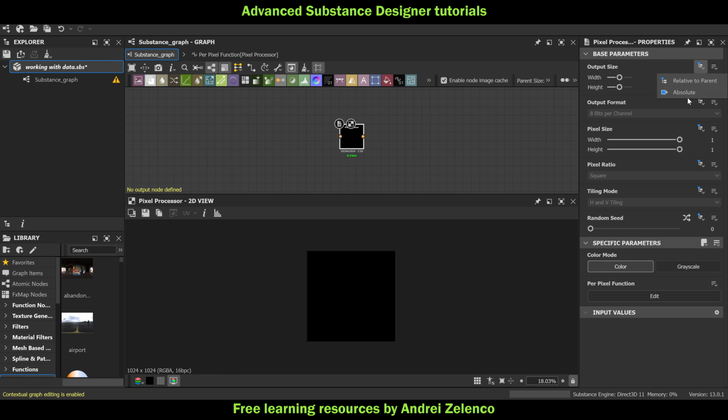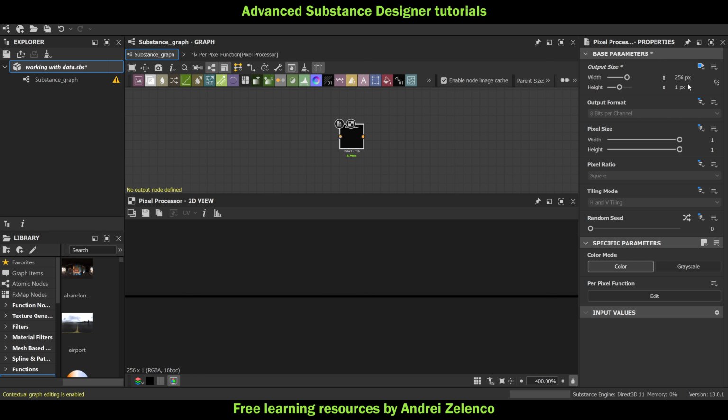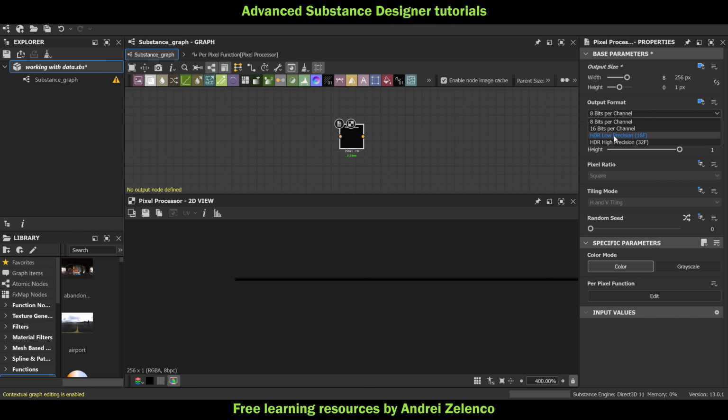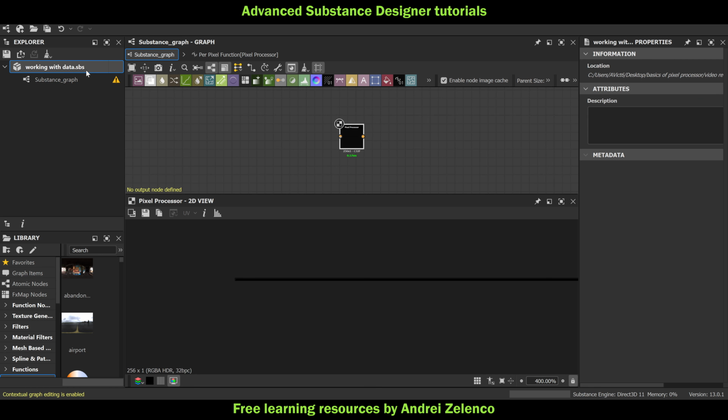Again, resize it into a list of 256 by 1, change the output format to 32 bits. And the reason for using 32 bits is because the other depth of the node outputs values from 0 to 1, but changing this depth into 32 bits is going to allow us to output negative values and larger than 1 positive values. Okay,